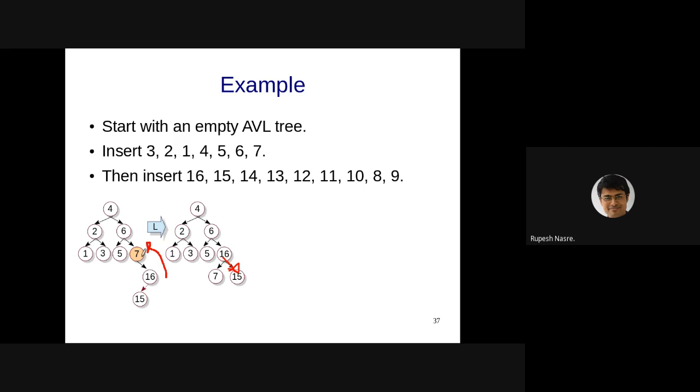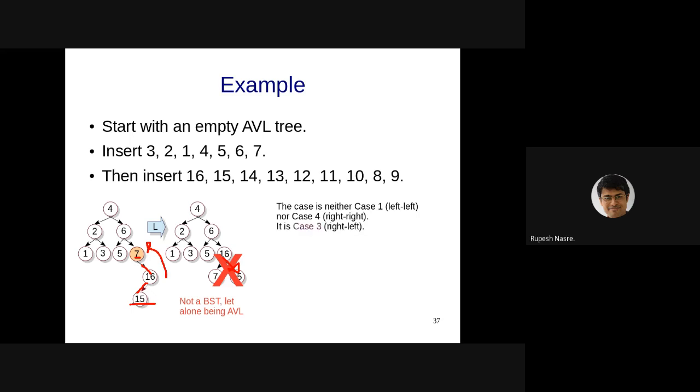So what did we do? We said that there is a height imbalance at 7, and it has a right child, and therefore let me rotate it to the left so that 16 becomes the root, 7 comes to the left, and 15 comes to the right, whereas 15 was the left child of 16. In such cases, we don't do that kind of change. So there is something different. But then, how did this work earlier? Well, we have not seen this case earlier. So this is not the LL or RR case. So this is wrong. It is neither an LL case nor an RR case.